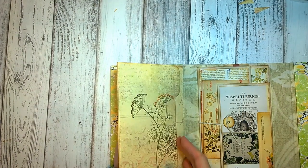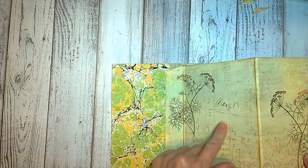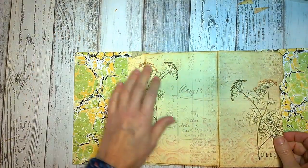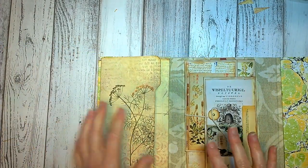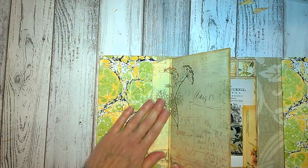So this paper, I printed on cardstock on both sides. This is from Artie Mays, her Healing Herbs digital. This particular one here, I thought it blended really well with the colors. So once I've got that in there,